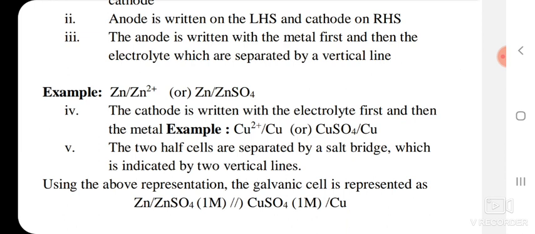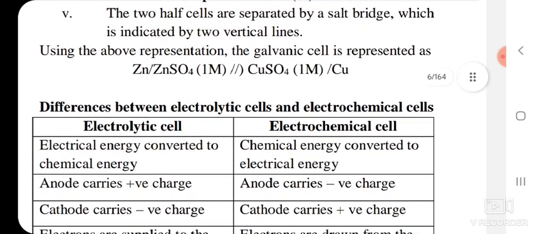Example: Zn/Zn2+ or Zn/ZnSO4. The cathode is written with the electrolyte first and then the metal. Example: Cu2+/Cu or CuSO4/Cu. The two half cells are separated by a salt bridge, which is indicated by two vertical lines. Using the above representation, the galvanic cell is represented as: